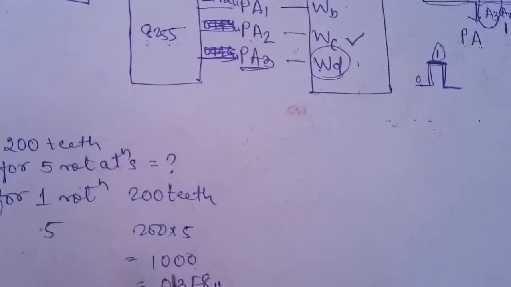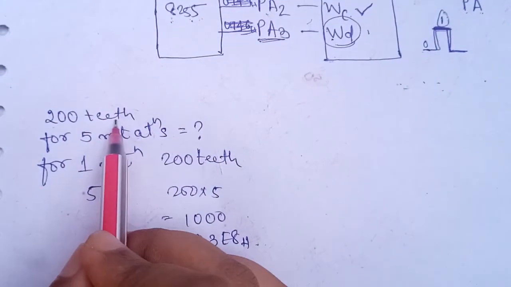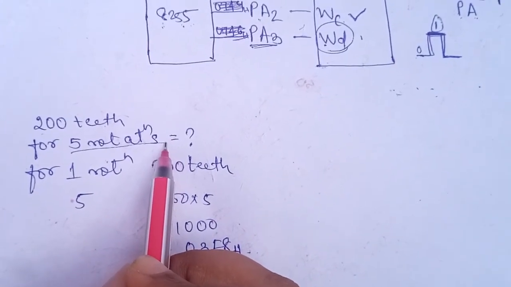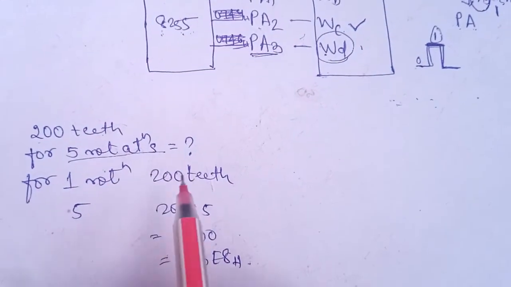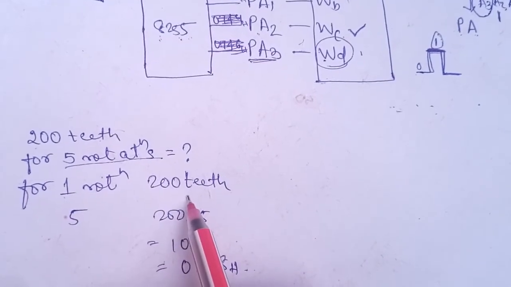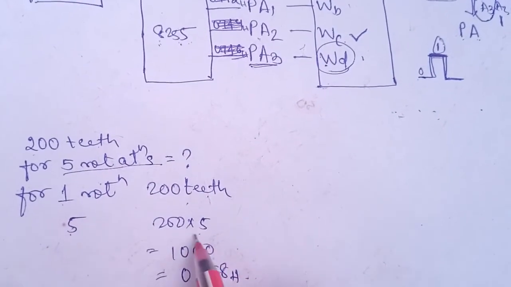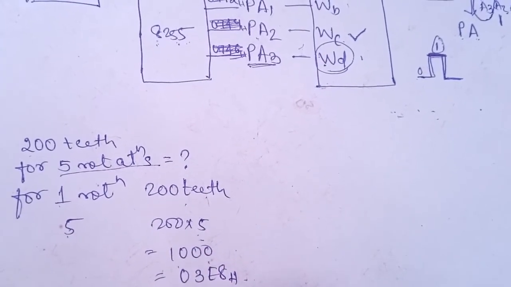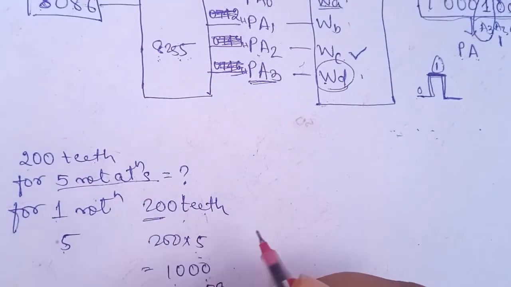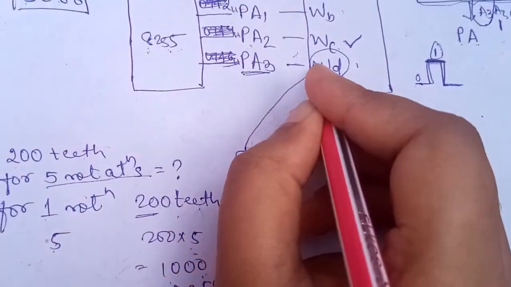In the question it is given that the rotor has 200 teeth and it asks for 5 rotations. So we need to decide how many times the loop shall run, the loop in which we rotate and send output to port A. For one rotation we need 200 teeth, or 200 steps. So for 5 rotations we multiply by 5, that is 1000. In short, the number of teeth denotes the number of times we should give the pulse to a respective winding.